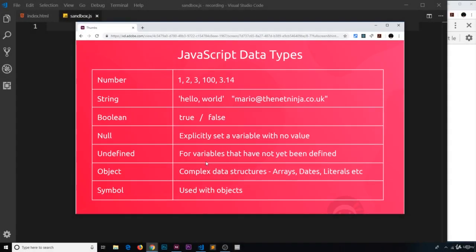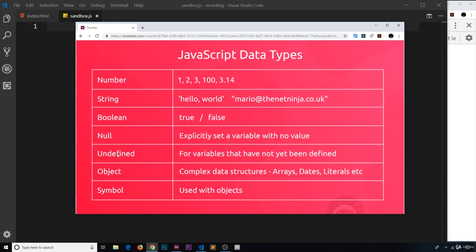Alright then gang, so we've taken a look at numbers, strings and also arrays. Now I want to turn our focus to null and undefined. These two types are quite similar in that they both represent a complete lack of value. The only difference is that null is an intentional lack of value, but undefined isn't. That might seem a bit odd when I'm talking about it now, but you'll see exactly what I mean